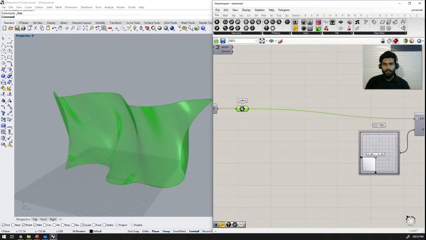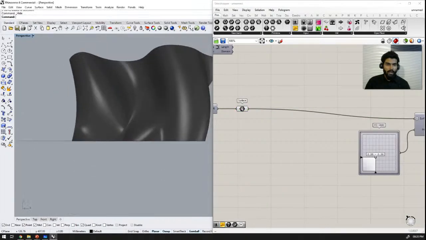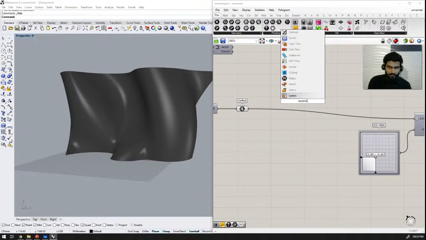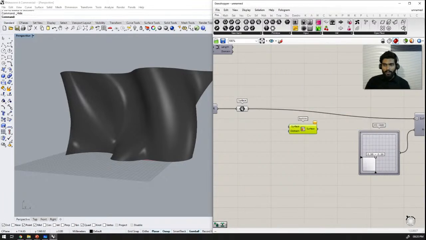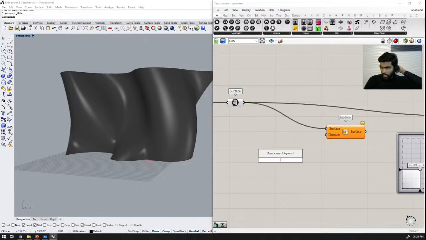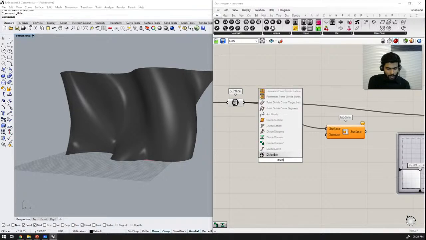So we have this surface here. First of all, I would like to divide this into smaller panels. In order to divide it, there is something called isotrim. What isotrim does is you give it a surface and you give it some locations, and it would divide the surface into panels, kind of like stitching. In order to give locations, just stay here with me, and I'll explain what exactly I'm doing in just a bit. There is something called divide domain square,